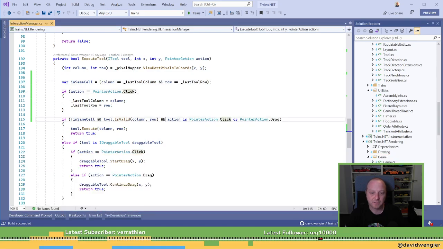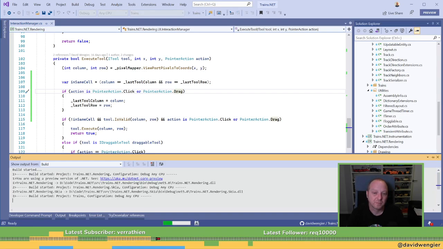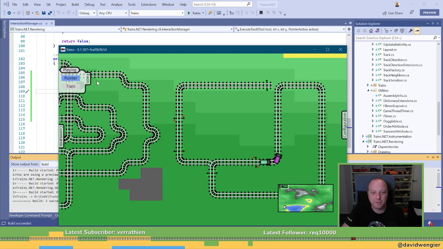Oh, I guess it's all drag. Maybe dragging tools is a problem. Wait, drag. Oh, that's because otherwise, yeah, right. That's how you draw tracks. So that's cool. That works much better. It's not flickering.